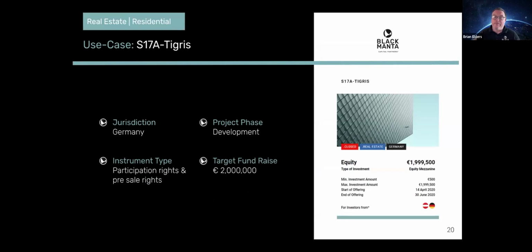So these things are possible. We have done it. We've done this for many years. We've been audited by our auditors and the central bank, and all of these things that we have done have stood the test. So this was a mezzanine round of an investment property in Berlin, and that was the very first test